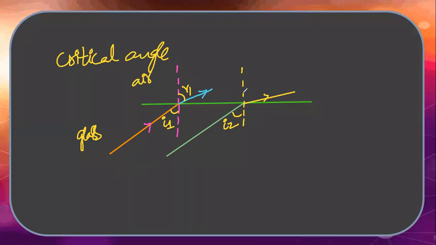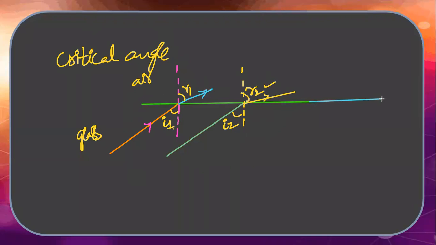This is R1, R2. So I2 is greater than I1, and R2 is also greater than R1. In such a case,